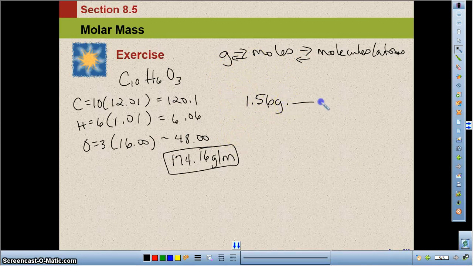So what we're going to do is take, instead of the individual masses, this molar mass and put 174.16 grams over 1 mole on top, and do the math that's going to allow the grams to cancel. So we're going to take 1.56, multiply it times 1, divided by 174.16, and the number of moles should be